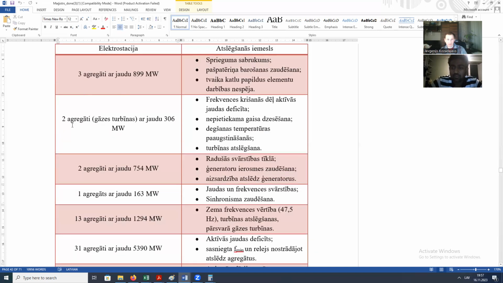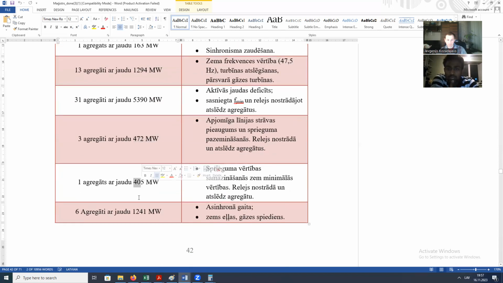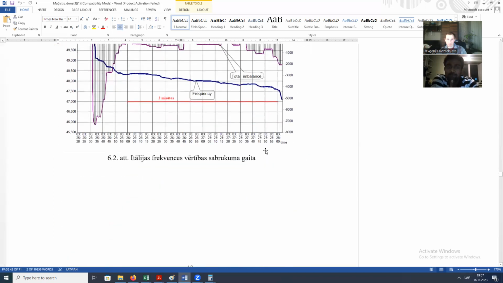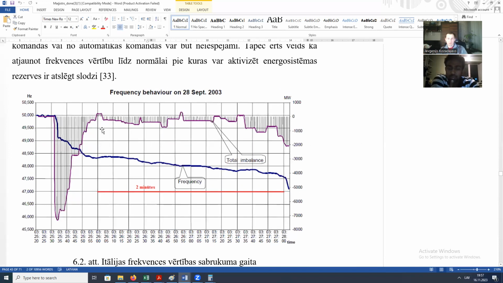So here you could see the number of generators and total power that they lost. Here you could see a huge number. Okay, so let's come back to this. So the under frequency automation did a good job. The system was in balance, but unfortunately due to a low frequency here we started to lose generators and frequency